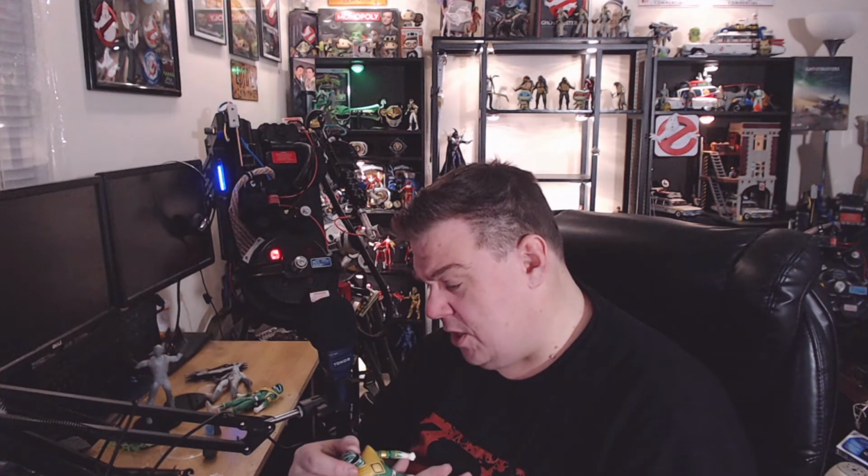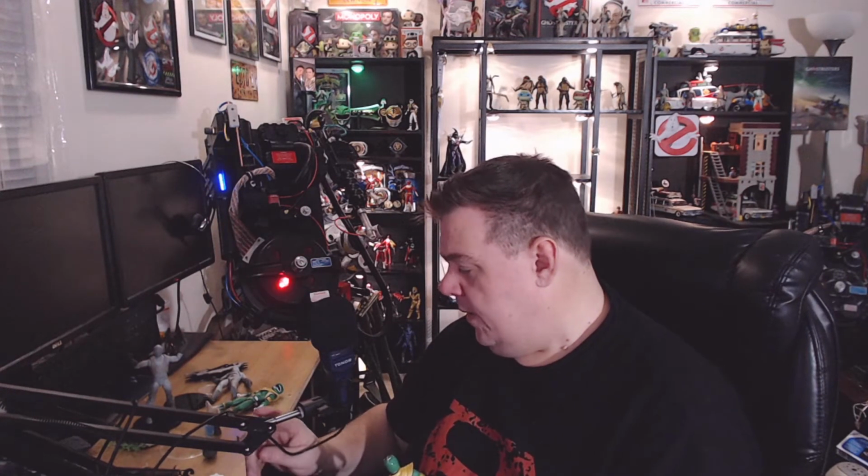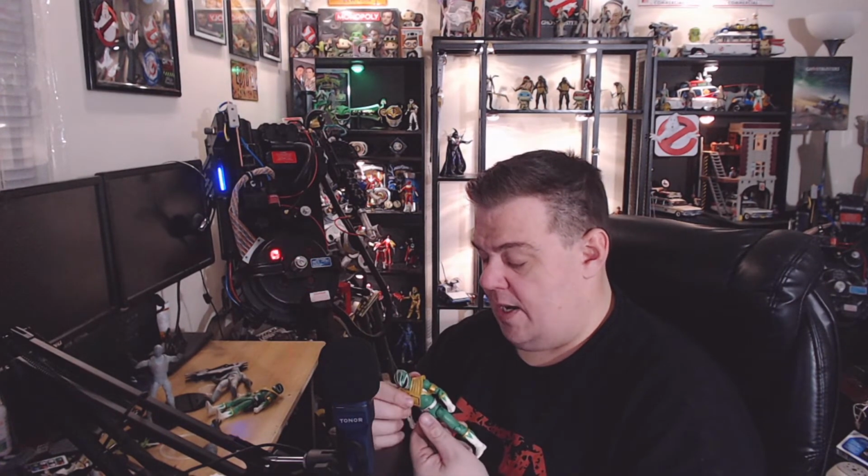But all in all, I mean, this is pretty badass, and I'm happy that the paint application on the helmet is as awesome as it is, guys. Now, of course, I'm going to keep him posed with the helmet because the helmet is like one of the most badass parts of it. I mean, also, he did have this kind of silver trim